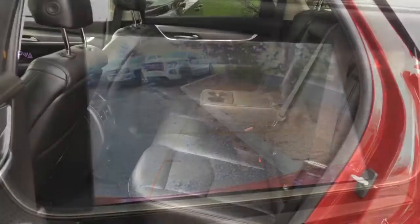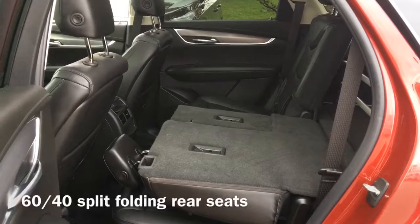And moving to the back of the vehicle, we have a 60-40 split folding rear seat